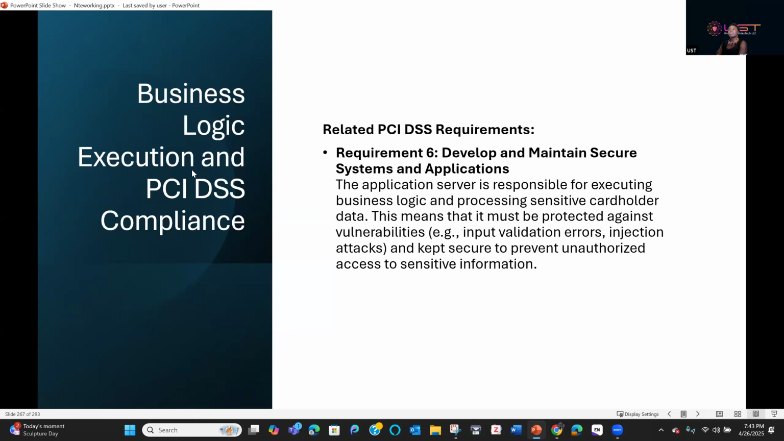One, business logic execution and PCI DSS compliance. Do you see requirement 6 says develop and maintain secure systems and applications. And it says the application server is responsible for executing business logic and processing sensitive cardholder data. This means that it must be protected against vulnerabilities, input validation errors, injection attacks, and kept secure to prevent unauthorized